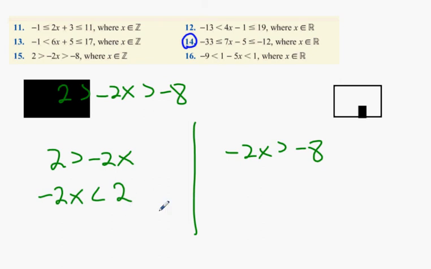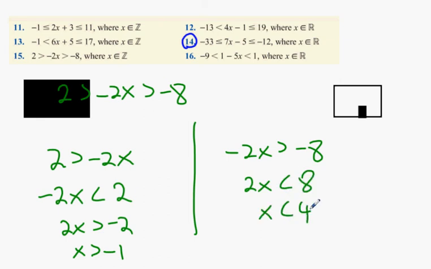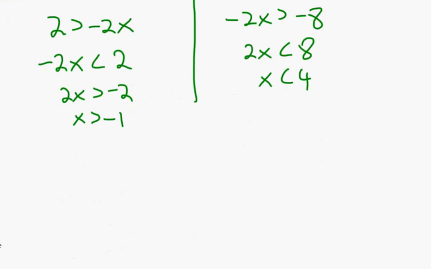Okay. And then multiply both sides by minus 1. Greater than or equal to minus 2, x is greater than minus 1. The next one I suggest multiplying both sides by minus 1, and x is smaller than 4. Okay. Then